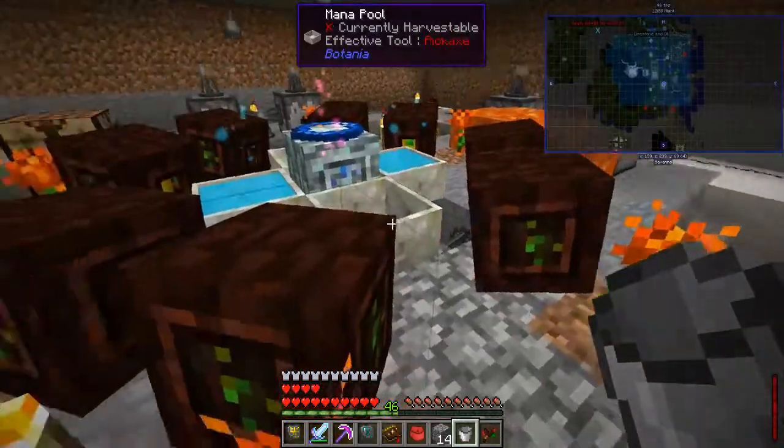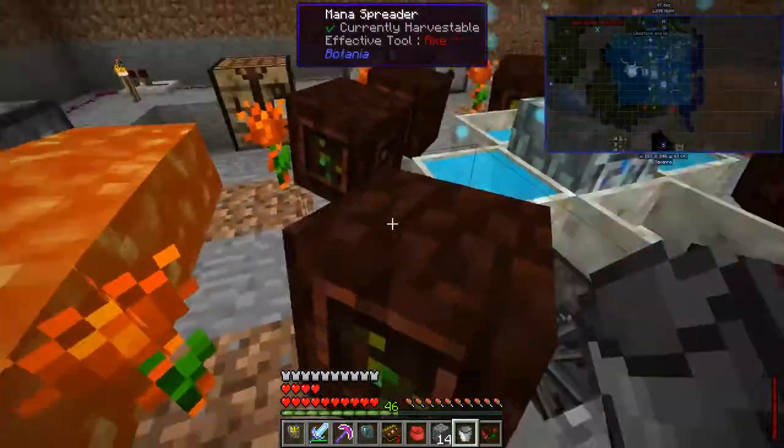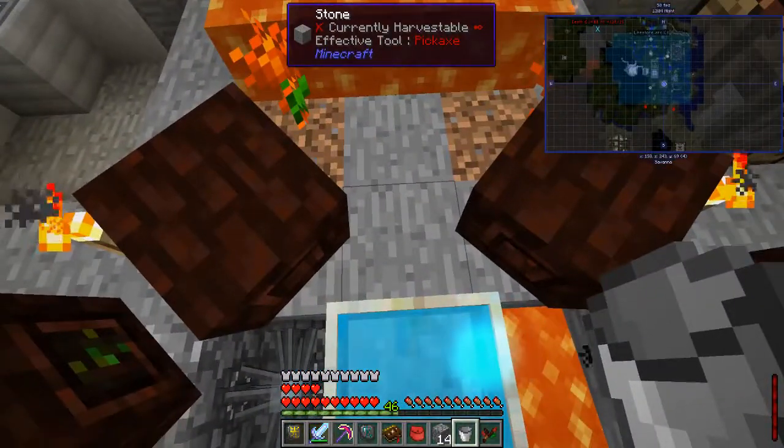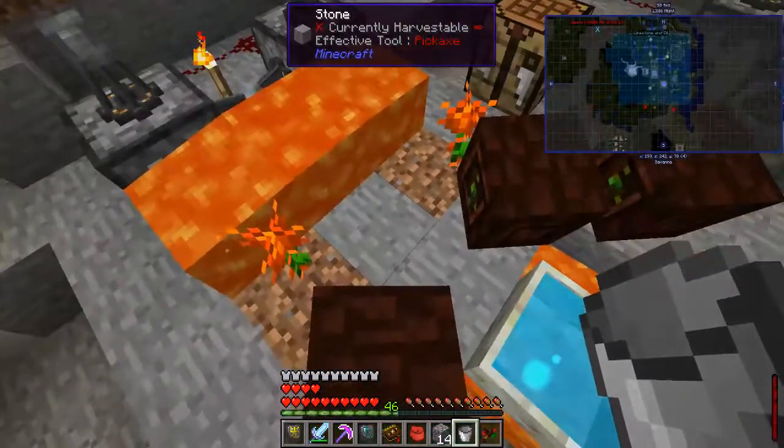Now, for actually the layout of this, it's going to be a little tight in here because we don't have a whole lot of room. We've basically got here. Our options are we could do...